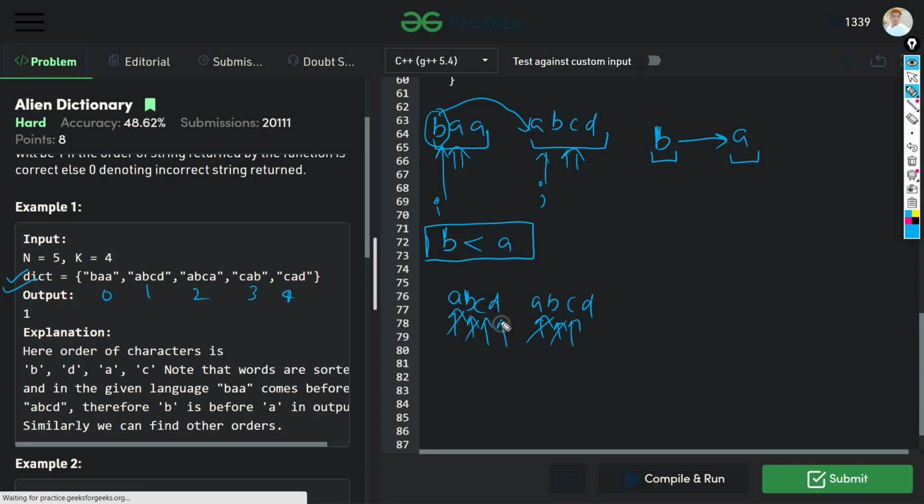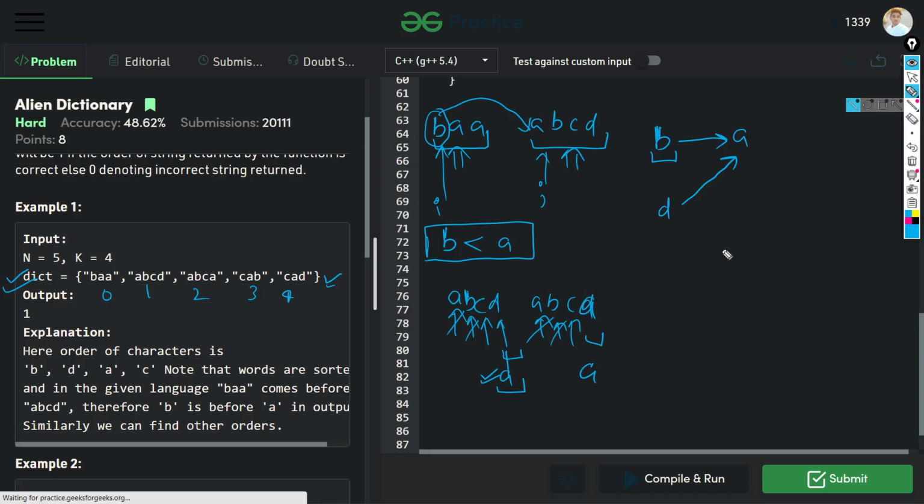But at the end, at the last index, here the value will be D, and here the value will be A. And according to the dictionary, D will always be present before A in the order. That is, we create an edge from D to A. All right. And we find this type of situation for every index.